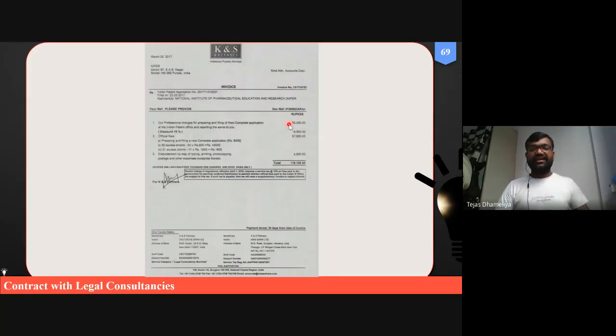So I want to say from this that once we have filed the patent, if we have an excess number of pages, we will be charged additionally. If we have an excess number of claims, we will be charged accordingly. And they will also charge their professional charges, which will go to the patent agent who is going to file on behalf of us.